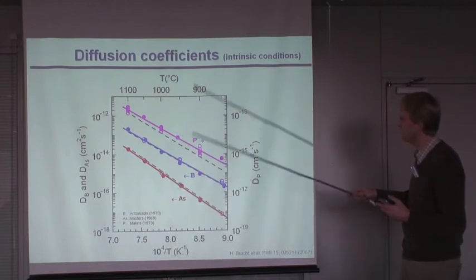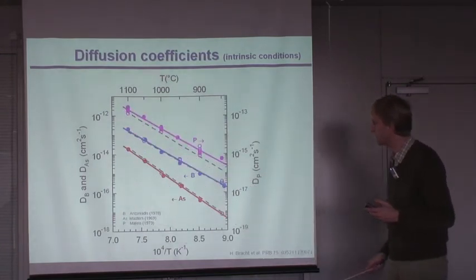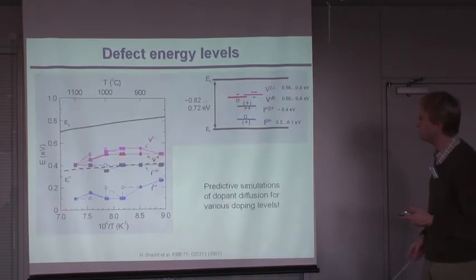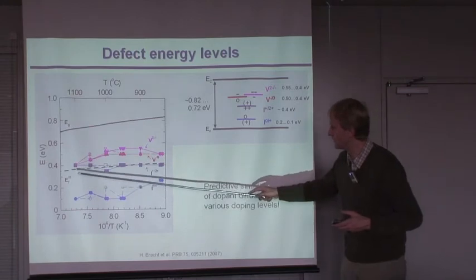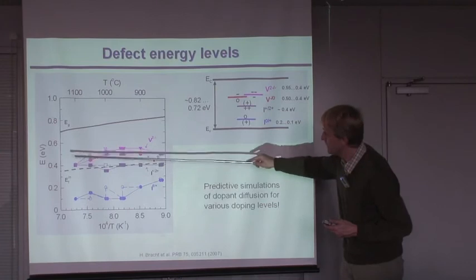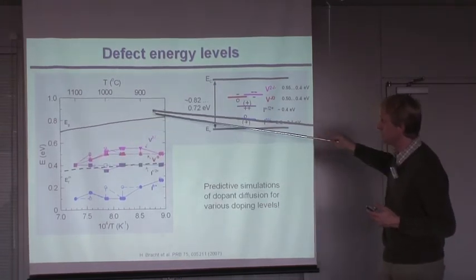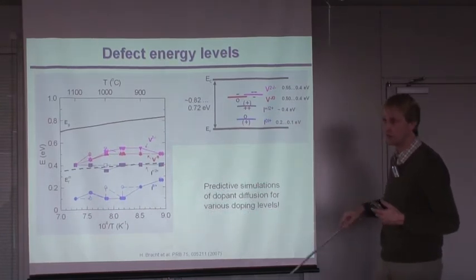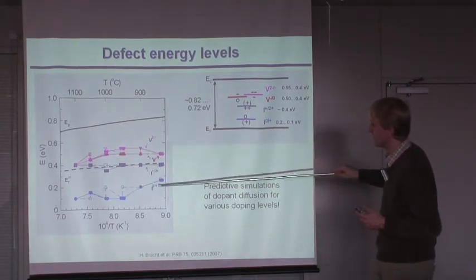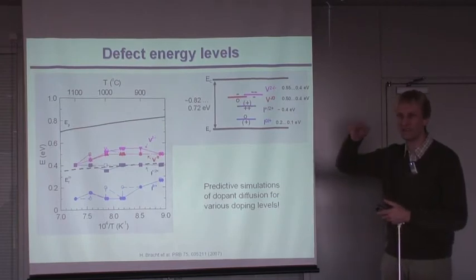But from the whole analysis, you get then diffusion data, of course, for the phosphorus, boron, and arsenic. For intrinsic conditions, you can rescale that. And more importantly, you get the information about the charge states of the various point defects. So what you see here is the energy. Here's the energy, so the band gap of germanium as a function of the temperature. Of course, if you increase the temperature, the band gap will shrink. And here you have the position of the various native defects, which we determined from the simultaneous fitting of all